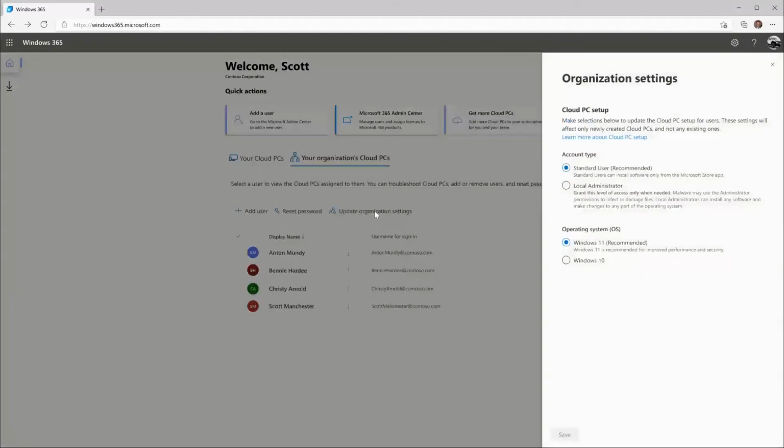So first off, I'll also be highlighting one of the new features of the Windows 365 business offering, which is to be able to provision users as either standard users or local admin. Now, in many cases, you can get away with standard users if all the apps that they're using are already pre-installed in the image or are available through installation through standard user. But if they need local admin privs for whatever reason, you can choose that option as well. And of course, now we provide both Windows 11 and Windows 10 images here, so I could toggle that setting on a global setting or keep it as Windows 11, which would be